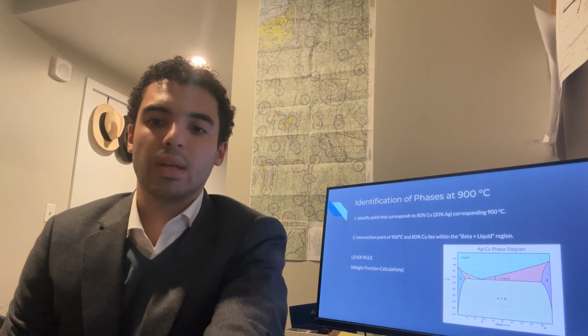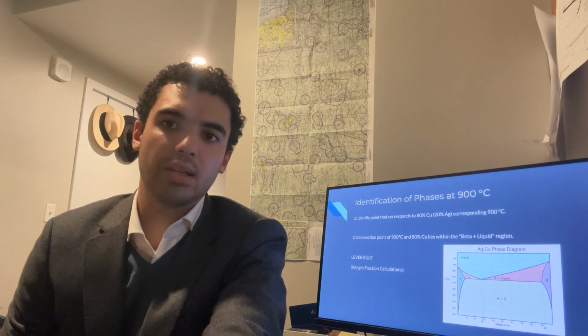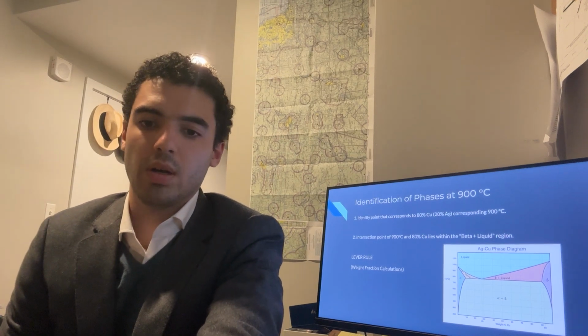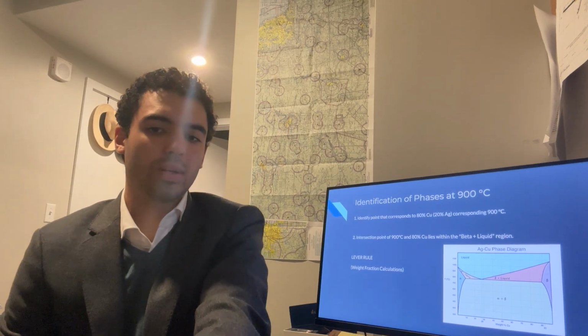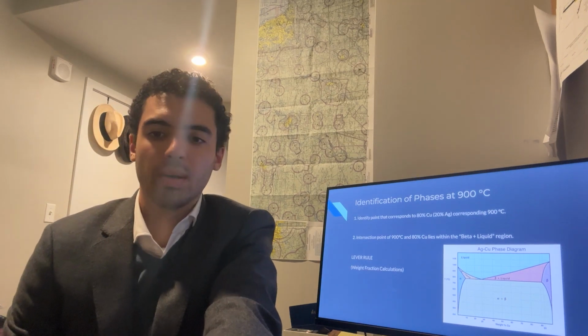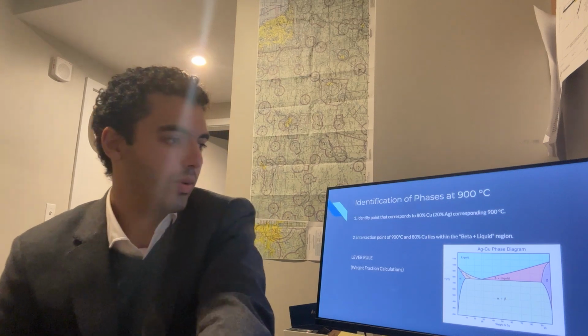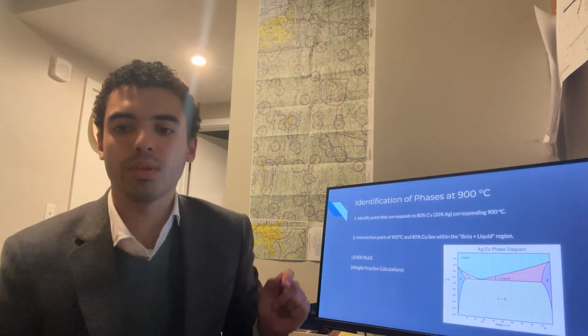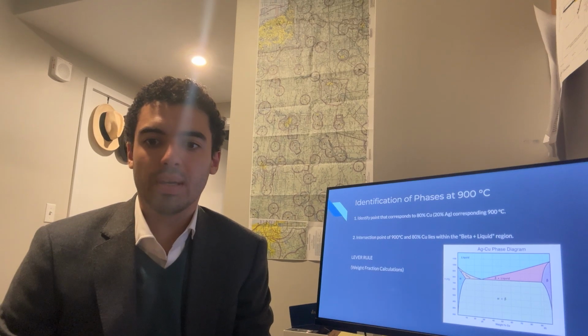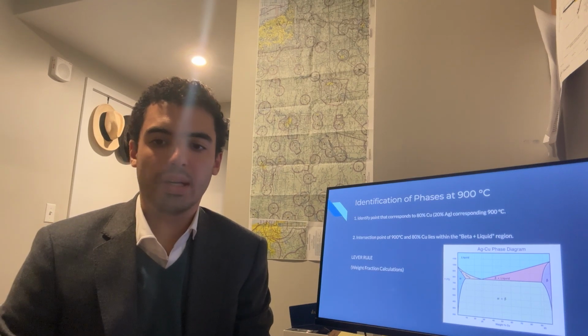we have how to identify phases at 900 degrees Celsius. First, you identify a point that corresponds to 80% copper or 20% silver. And then in the graph you find the intersection point of 900 Celsius, and